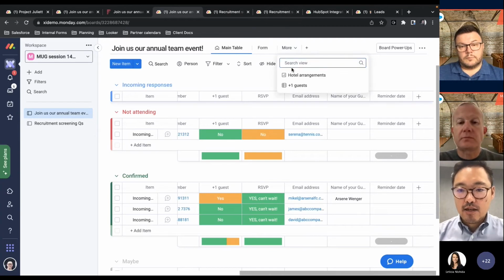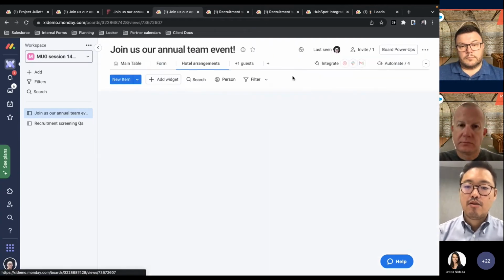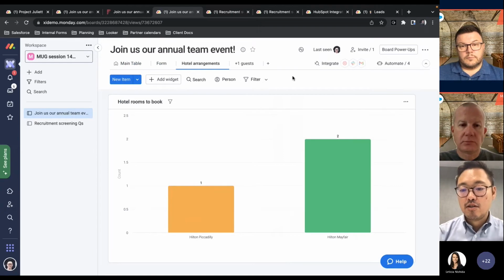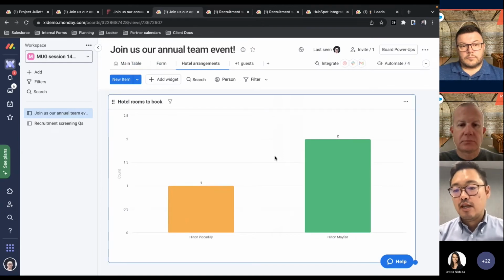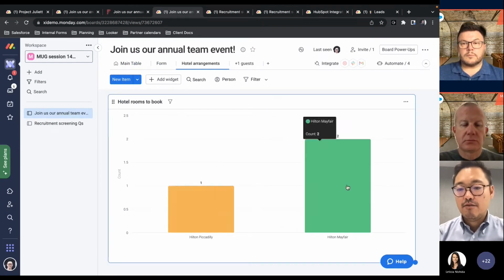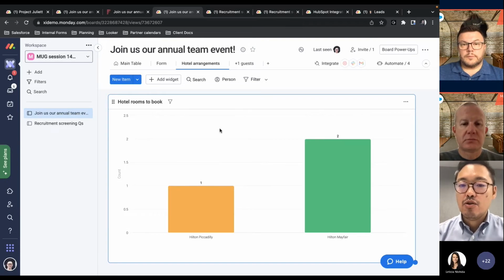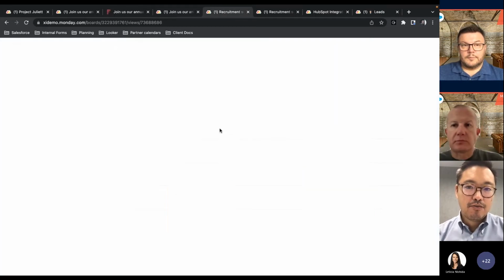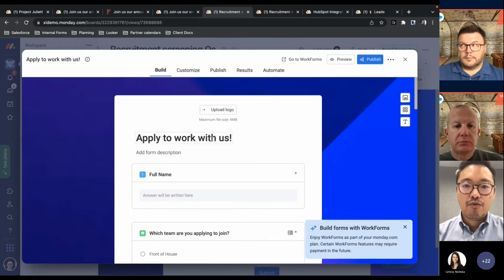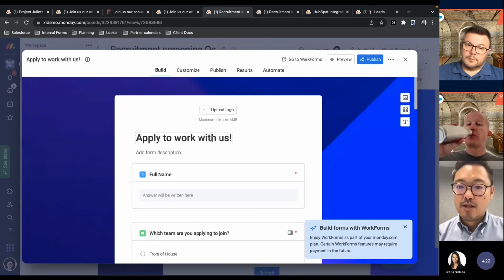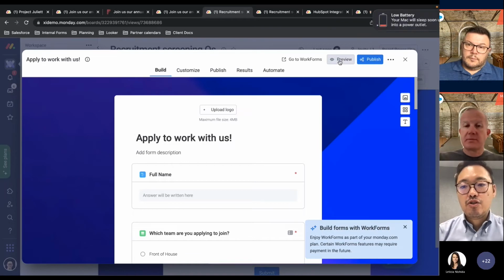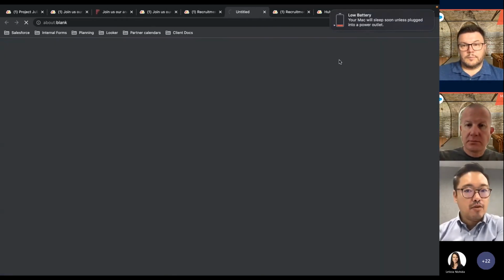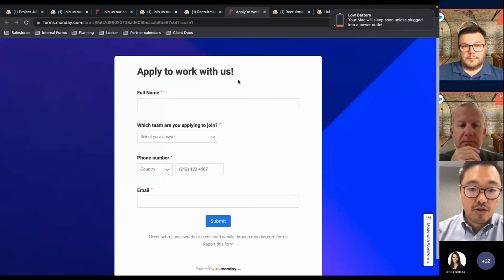And I just added another view here. So for example, if you're using a travel agent, in this case, they can come into here, look at how many people are needed for each of the hotels, and then go on to make that arrangement with the hotel directly. So that's just one example. Now that you've got more used to the idea of forms, I'm going to show you a second example, which I think might be quite interesting for screening questions as well.